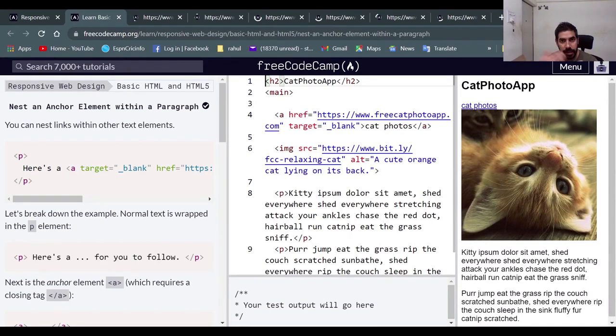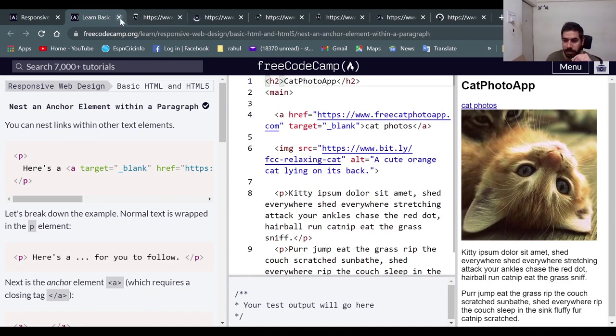What we'll do is surround those words in the paragraph with an anchor tag, and then put in the href and target attribute like you would normally do. The only thing is that you're just surrounding any word you want with the anchor tags, and the rest is the same as before.